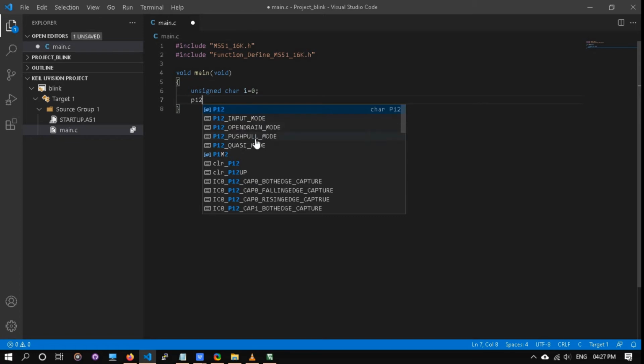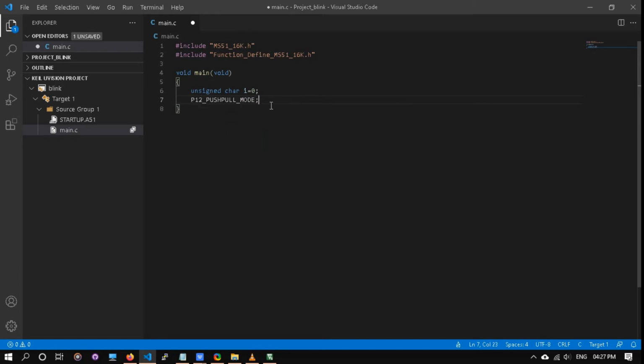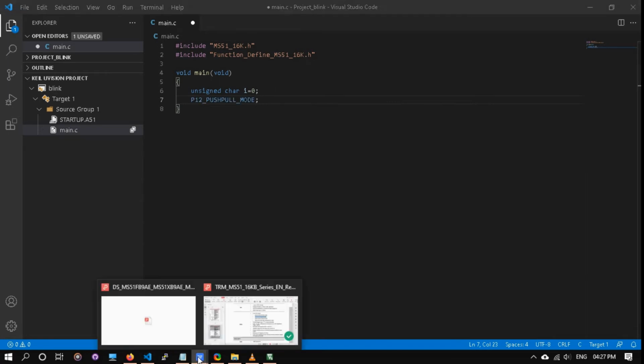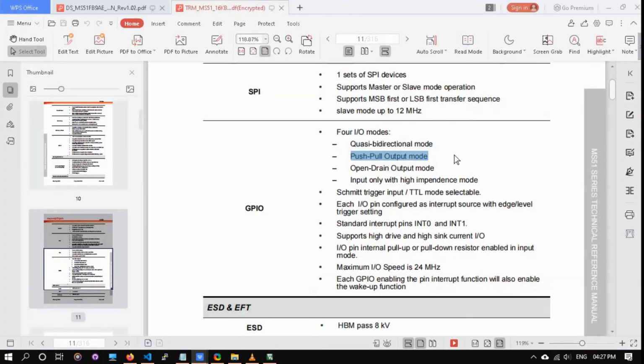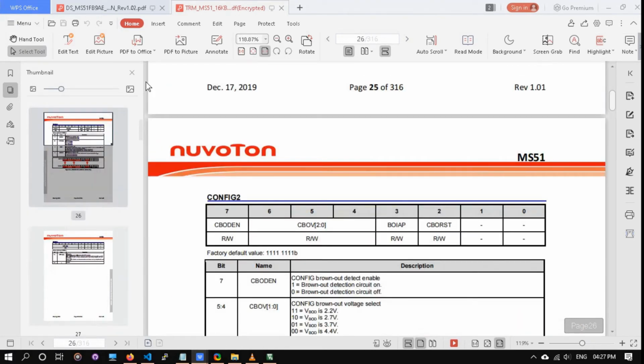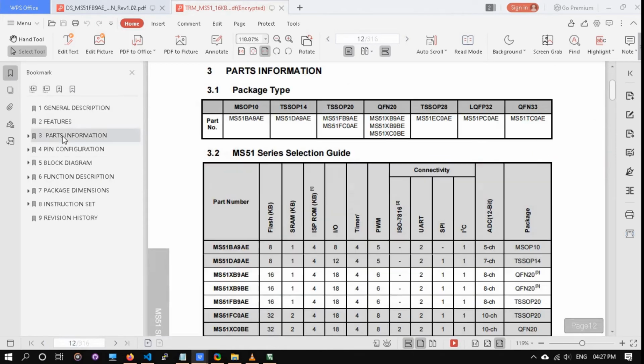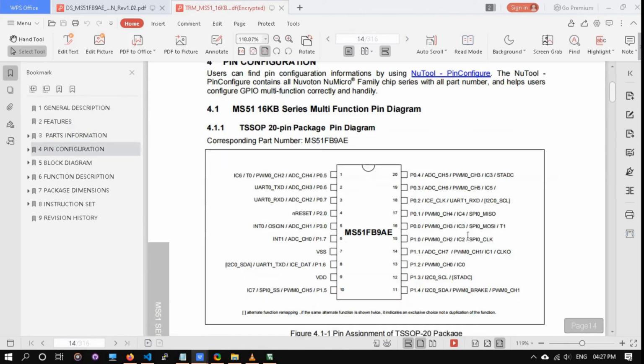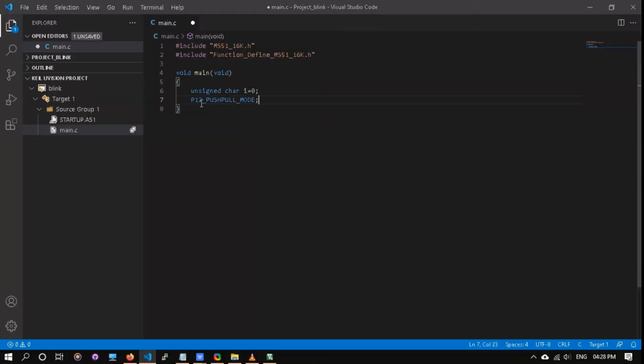So we need to set this pin as output. So we use push pull mode, output mode, and we are using P12 pin as output. Then we need to write the Blink part.